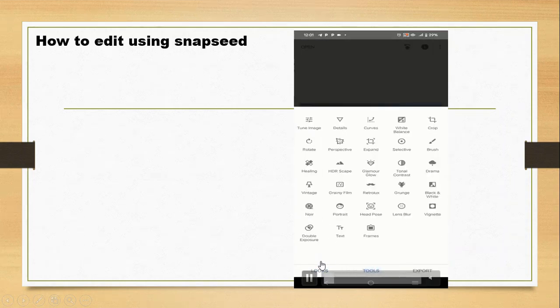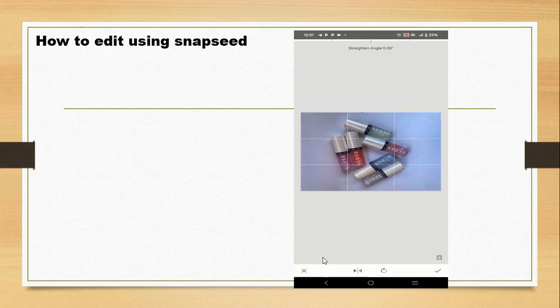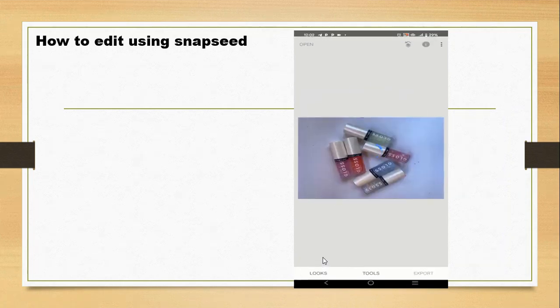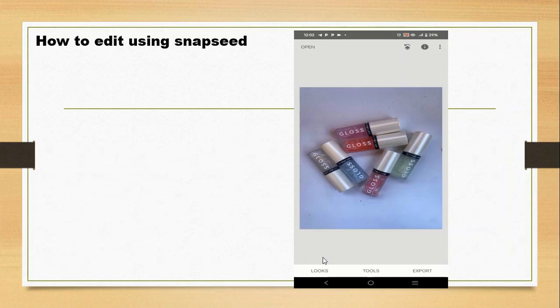So you want to move to your tools, then you click on rotate. The reason why I'm clicking on rotate is because the picture is not straight. So I need to rotate it so that it will be able to give me what I need. Then you click on your tools again and you click on,